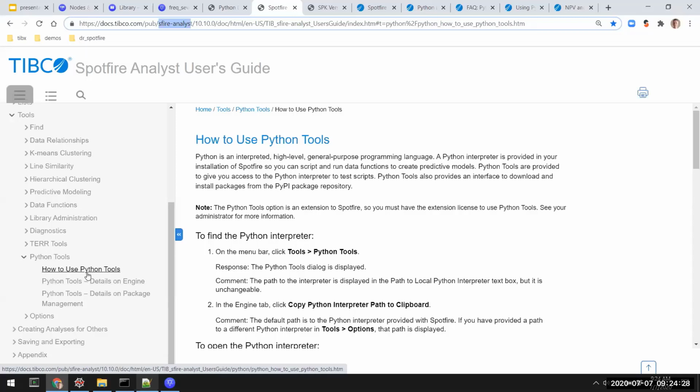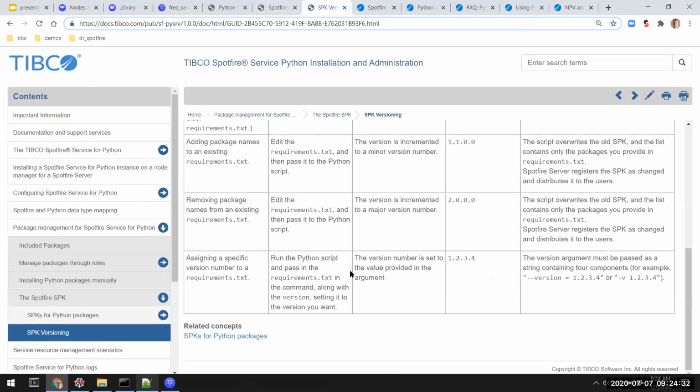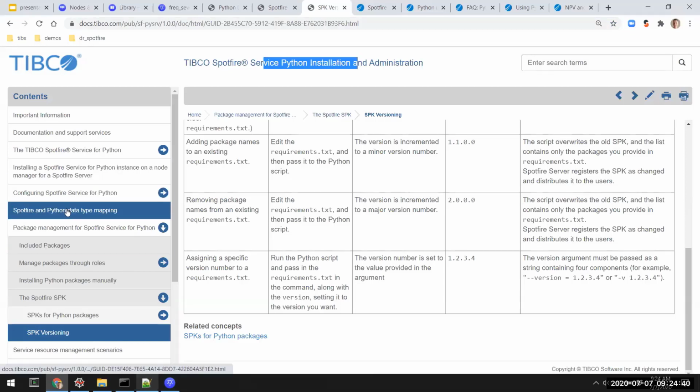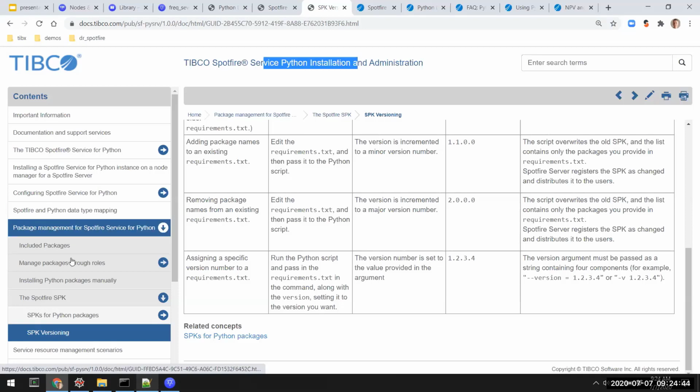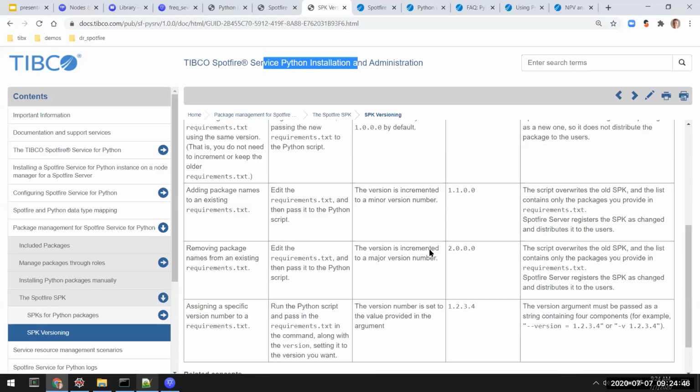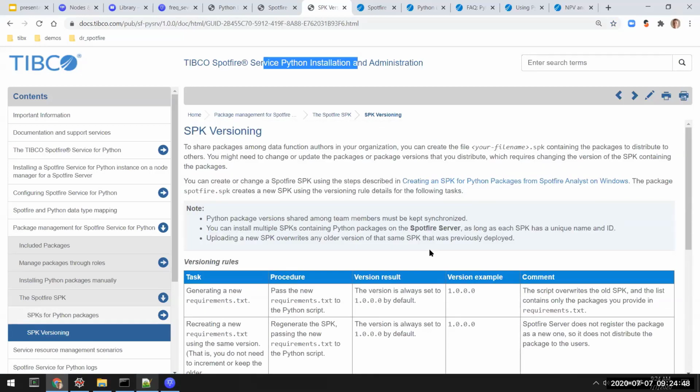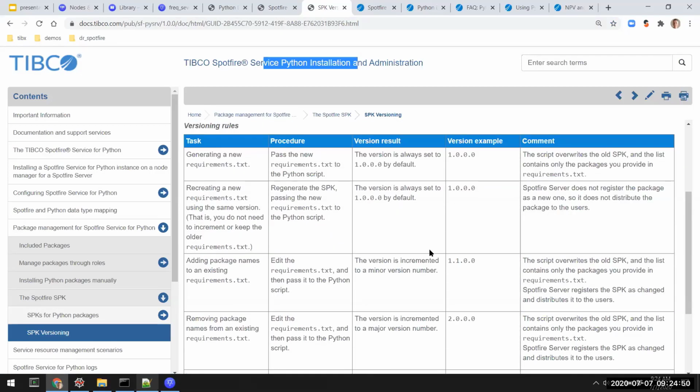The Python tools dialogue. So we've already discussed that. The Python service itself has its own documentation, and there's a couple of ports of call here. Of course, it repeats some information we've already mentioned, but if you are administering things, here, for example, is the